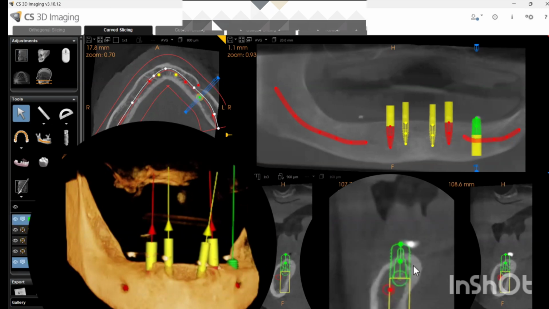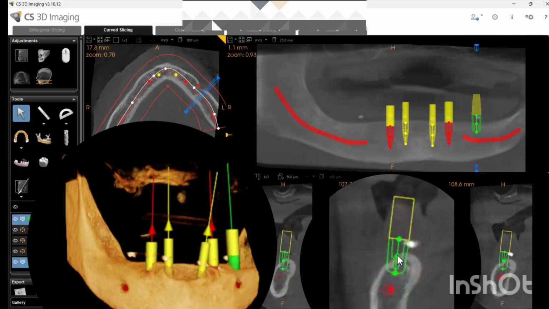That is why. Now, as we already know, whenever you place an implant, you need to keep a gap from any anatomical landmark, whether it is the sinus or nasal floor or mandibular canal. The mandibular canal is the canal through which your mandibular nerve passes.